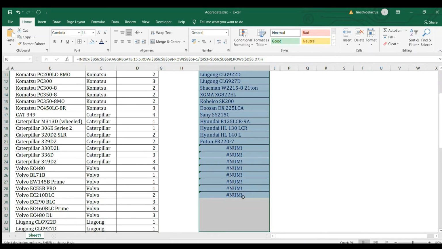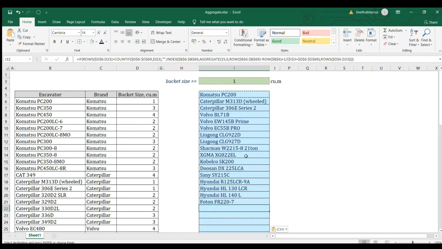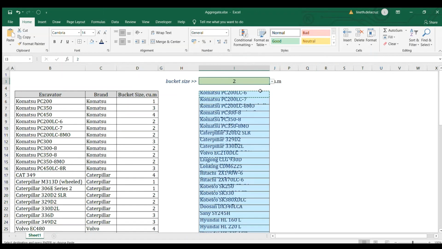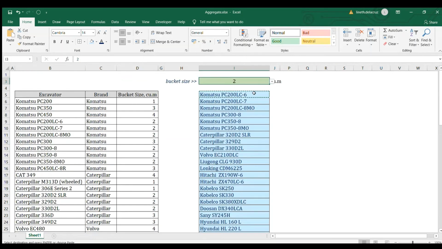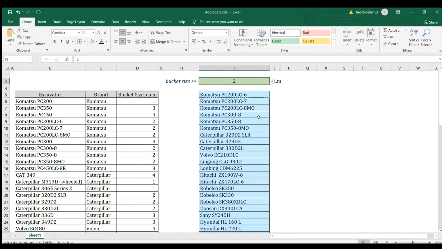And then copy and paste it. That's it. It now removes the num error here, all the num errors. So when I choose the 2 here, that's it. 5, only 1, so that's it. Let me go back here in the 2 here. Seems a lot of answers in here, and I wanted my user to further sort it. If this is the case, if it includes a lot of options in here, I wanted to sort it out further with a specific brand, for